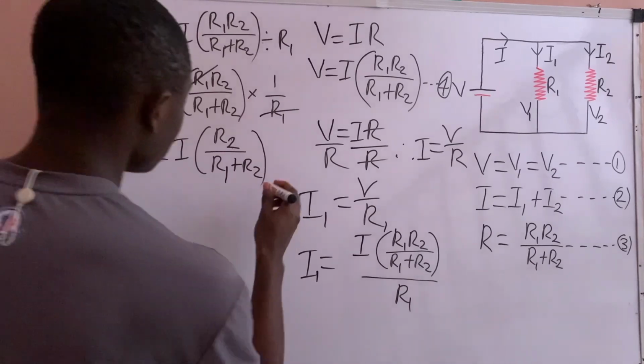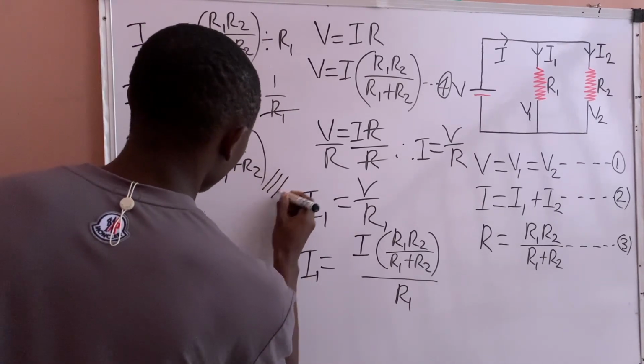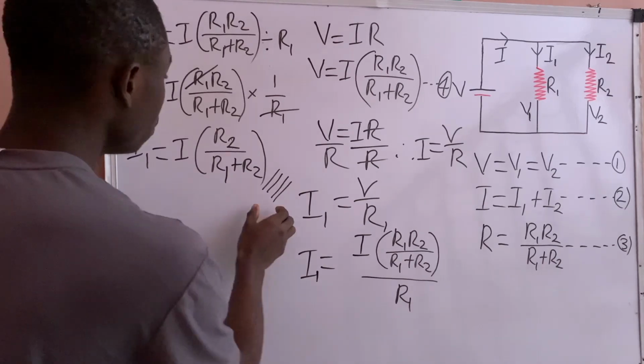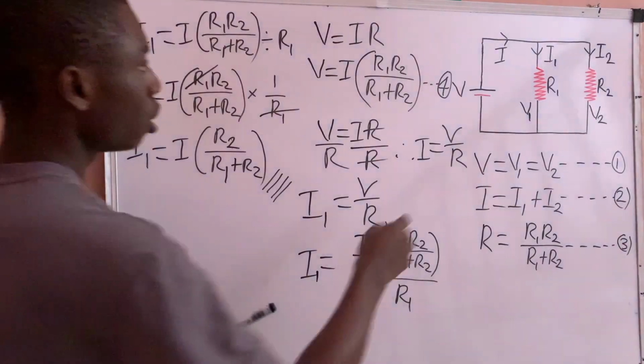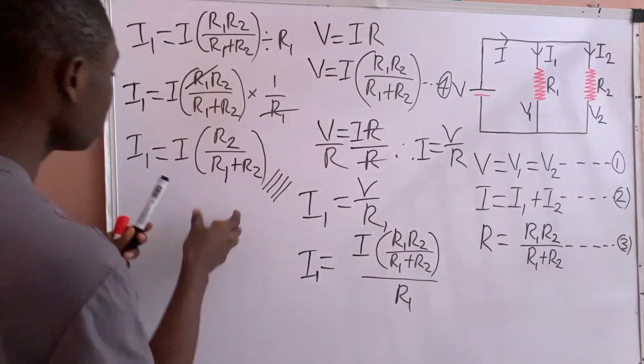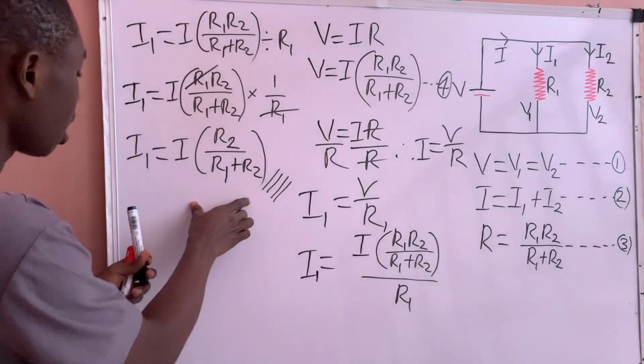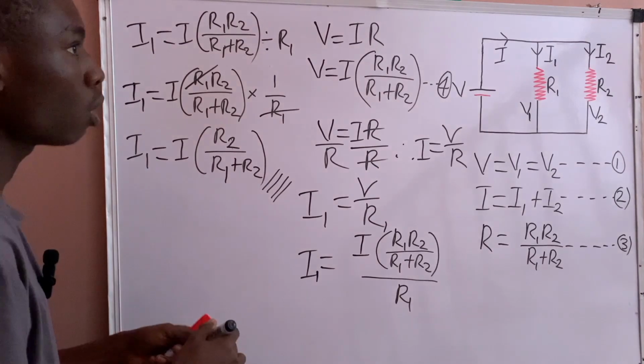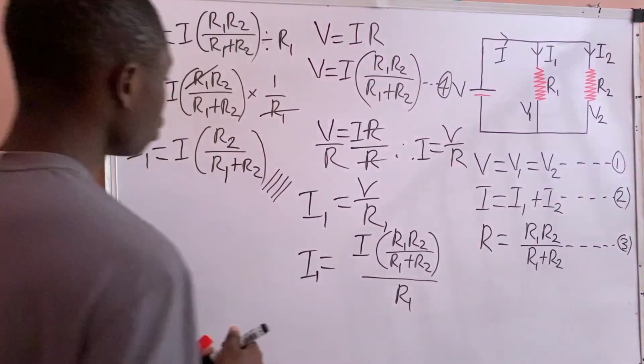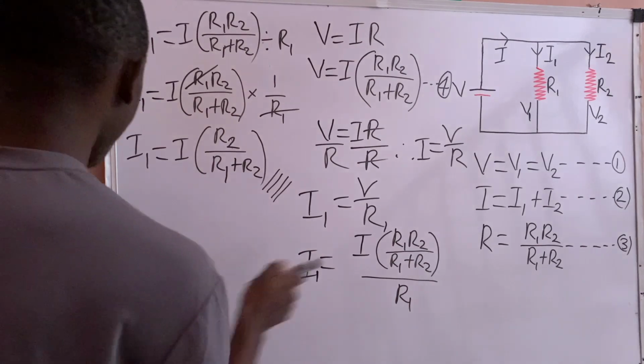Are you seeing? So this is the formula that we will use to calculate the current through R1. So this is the current divider rule formula that we will use to calculate the current through R1. So for us to find